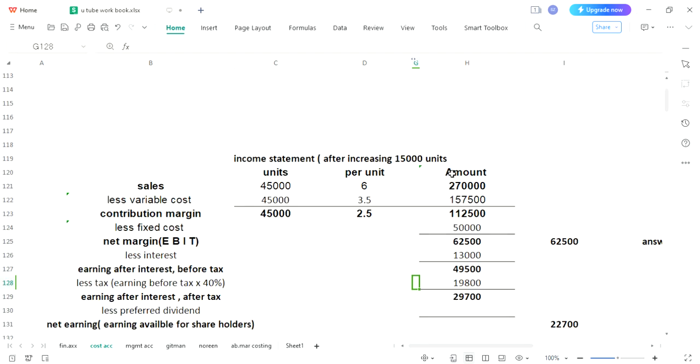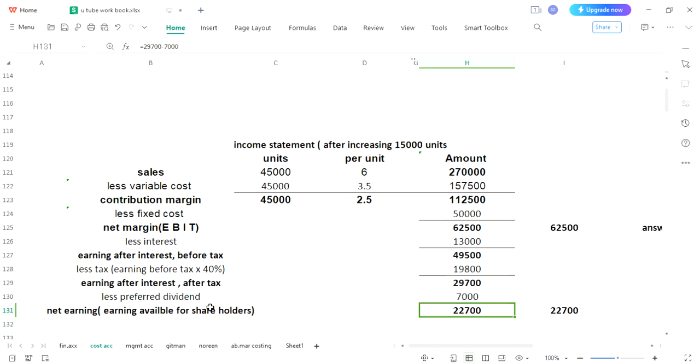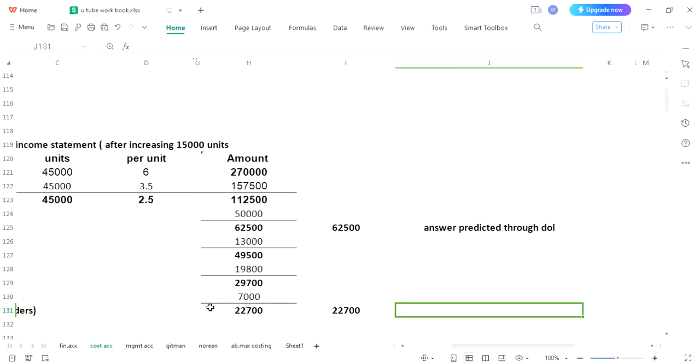Okay, so let's put 7,000 as our preferred dividend. Now we can calculate earning available for common shareholders, for which you will have to subtract your preferred dividend from the previous earning. Your previous earning was 29,700 and you will subtract your preferred dividend, which is 7,000. So in this way you can see that this was your answer